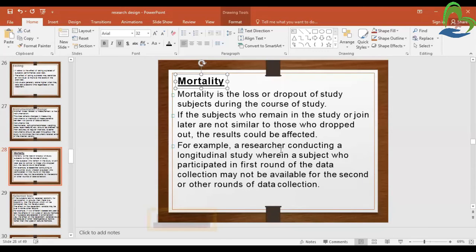So because of dropout of the subjects, there can be a variation in the result. For example, if in the first round of a longitudinal study I have 5-year-old children, and in the second round I study their malnutrition again, but they are not available, that will again make a differentiation in the study.